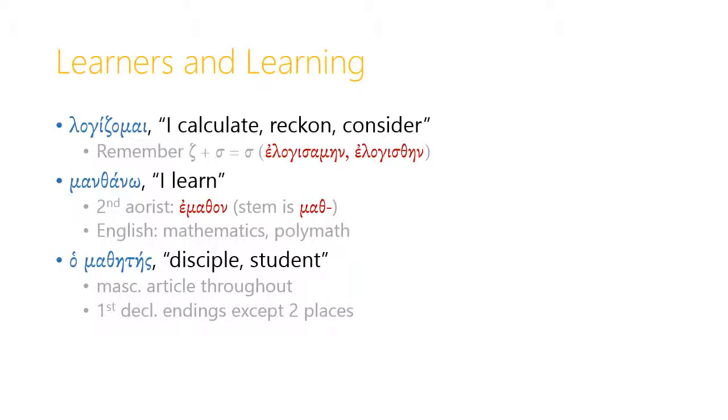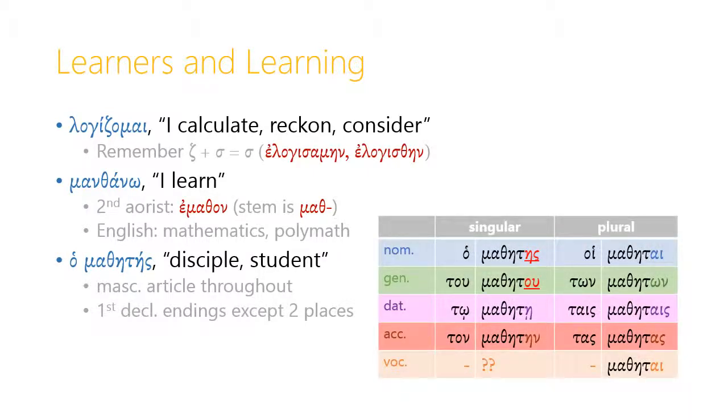A disciple or student, because that's really what disciple means, is just a student, a follower. The noun for that learner is mathetes, and you can see that that noun is based not on the present stem of manthano, but on the aorist stem, math. Mathetes. Now, mathetes is part of an irregular group of nouns,